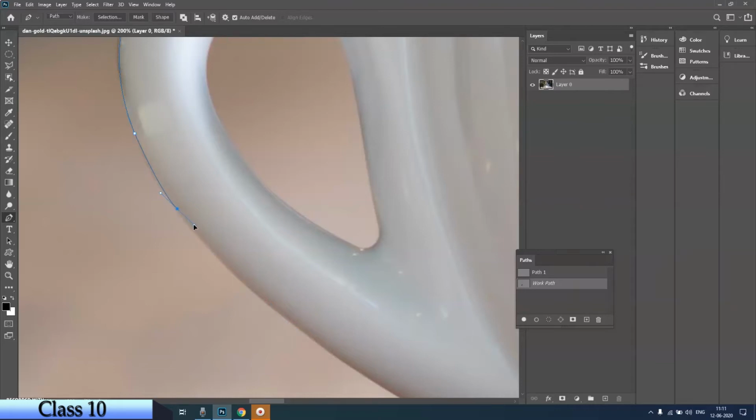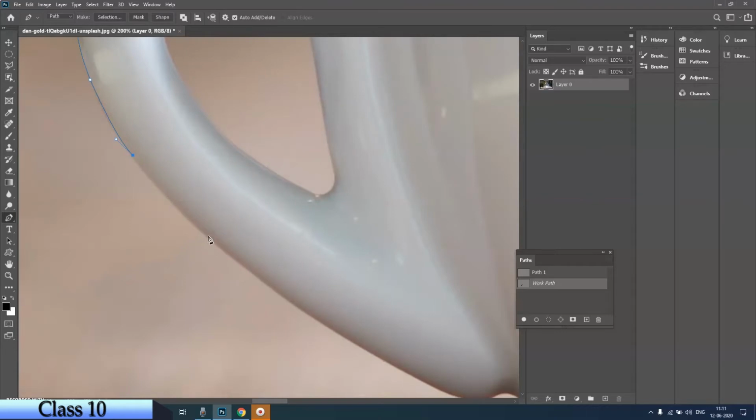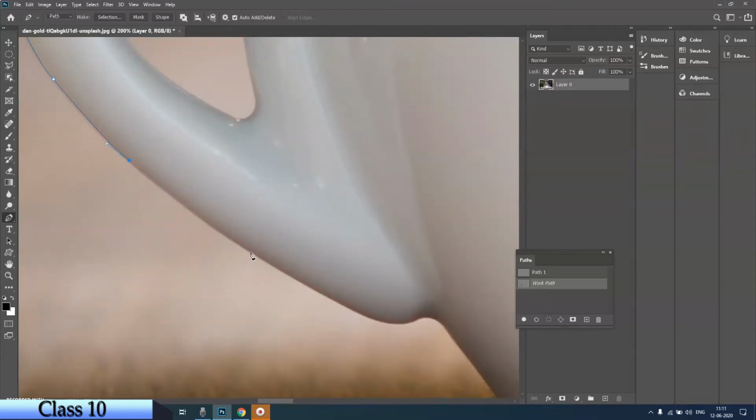Whatever curve you're trying to take, it has lines. It comes straight, so it works in the linear form. But this pen tool gives us the provision of selecting our image in curves. You just have to click and draw the curve. So once it has the curve, definitely we are going to get smooth edges.